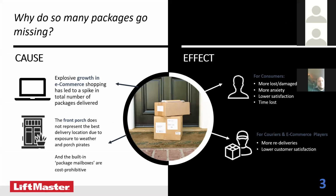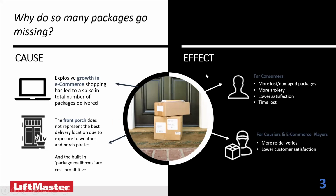I know I am, and I'm sure a lot of people are buying more online instead of having to go out to the store or higher risk activities. And of course, the front porch does not really represent the best delivery location. It is exposed to weather, porch pirates. It's just not the safest option. And then built-in package mailboxes are an option, but they're a little bit higher cost and maybe not a good solution for everyone. This has led to, for consumers, more lost and damaged packages,